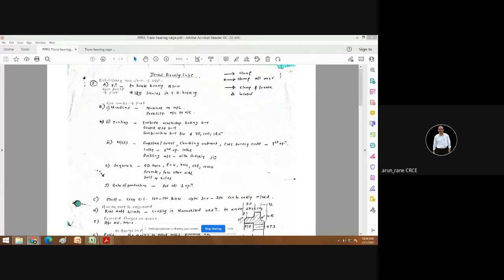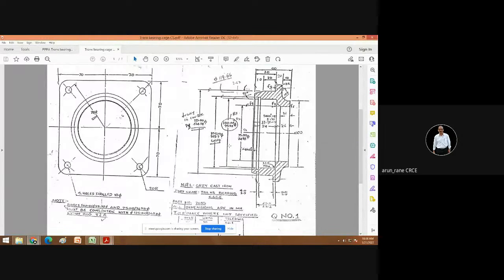Like here in this component there are 2 bores, one and this. So you will take a boring bar in such a way that on that boring bar 2 tools will be mounted. One tool will conform to this size and other tool will conform to 100 size, and the tools will be mounted one after other.